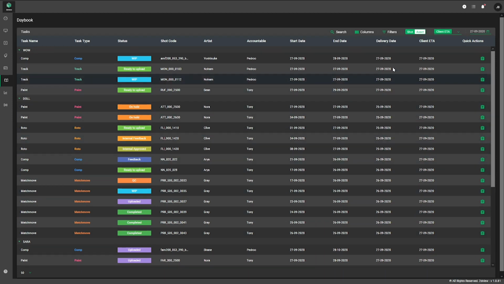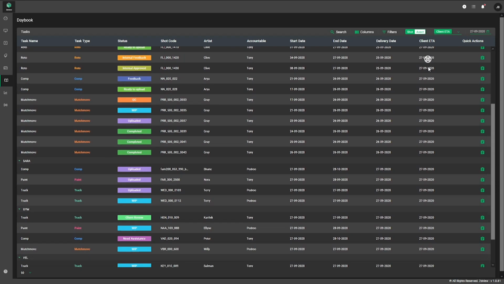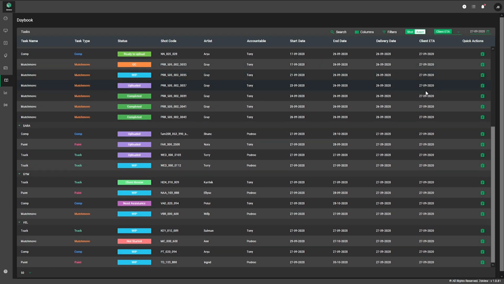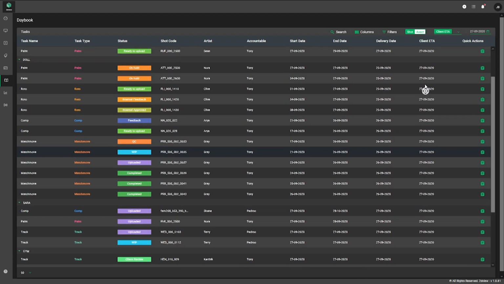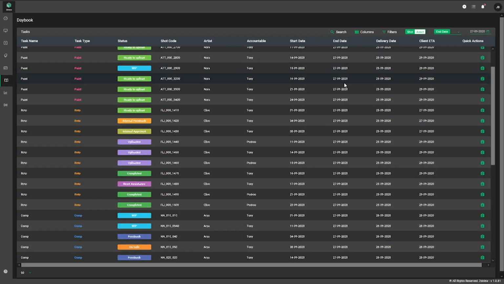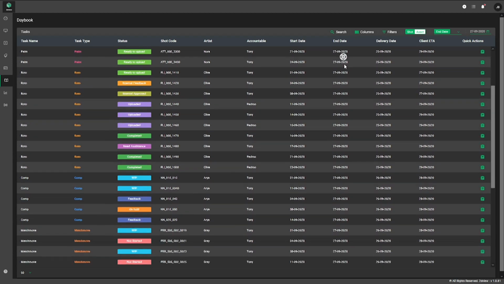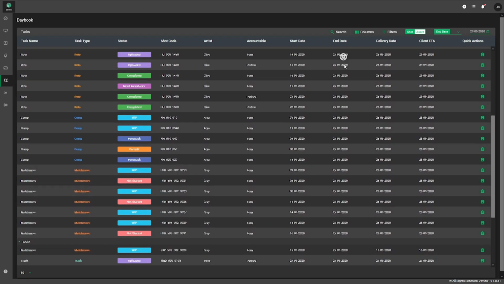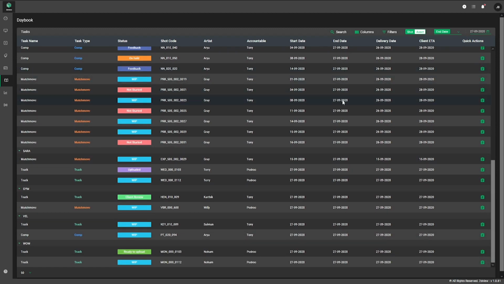The first being the client ETA daybook, where all deliveries are populated ETA-wise based on the client's ETA that has been agreed upon. This daybook will ensure that no deadlines are missed or skipped for any of the clients. Second category is the end date daybook, which is nothing but all deliveries for which the end date has been scheduled to that particular date. This will help in tracking the internal schedule and avoid any problems that may arise beforehand.